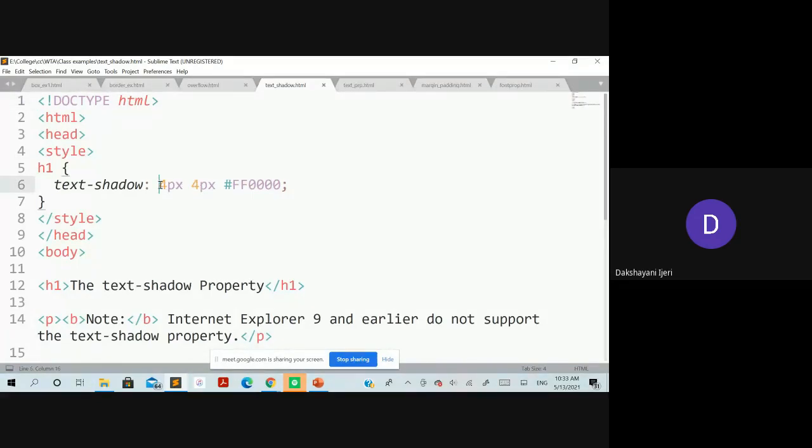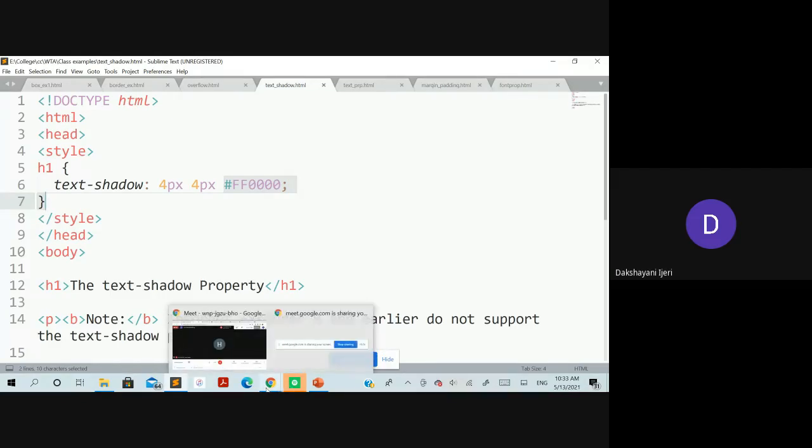So the first value is going to be 4 pixels as a horizontal value and this is a vertical value, followed by the color of the shadow that has been taken in the hexadecimal notation here, right? So the name of the property is text shadow followed by three values. The first value represents the horizontal value for the shadow, then the vertical value for the shadow, and the color for the shadow over here, right? So we'll run this and we'll see how it is going to appear here.